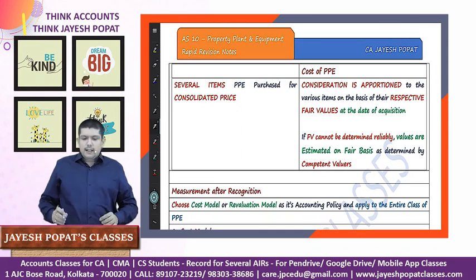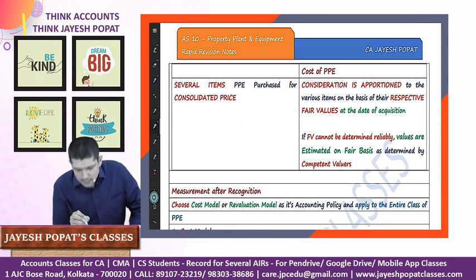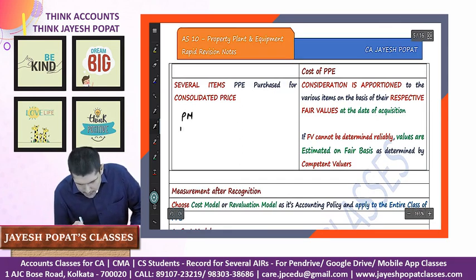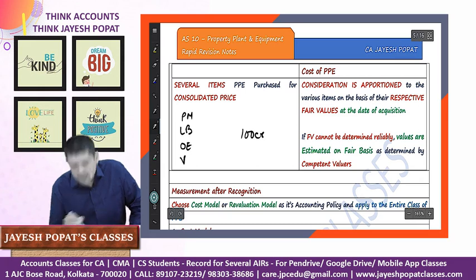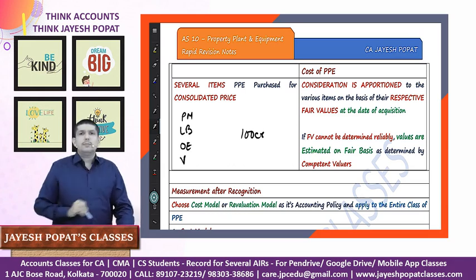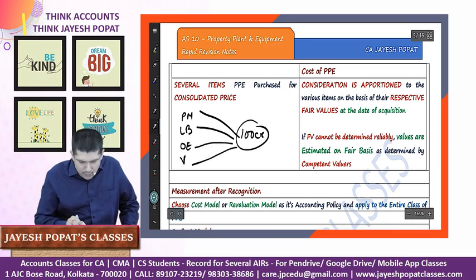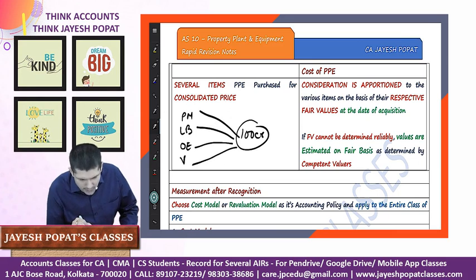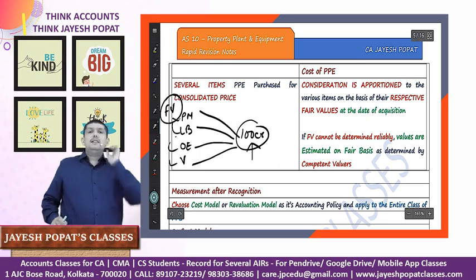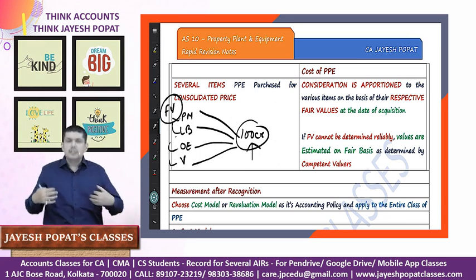Another situation could be, right, this usually happens when a bucket of assets are purchased at a particular price. Let's say we are buying plant machinery, land and building, office equipments, vehicles, etc., right, at a total consideration of 100 crore. We are paying lump sum consideration of 100 crore and we are acquiring so many assets, right? How will we attribute this 100 crore to plant and machinery, land and building, office equipment and vehicles? The standard says that look at the fair value of each of these assets and apportion this 100 crore in the ratio of fair value, right? You have to allocate this 100 crore on the basis of fair value of the assets which you have acquired,